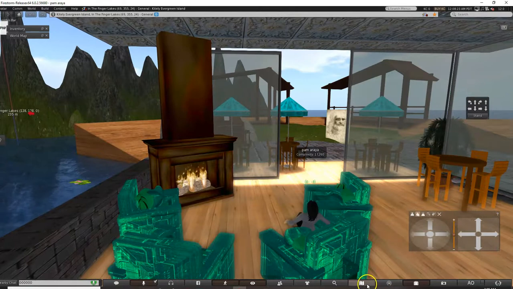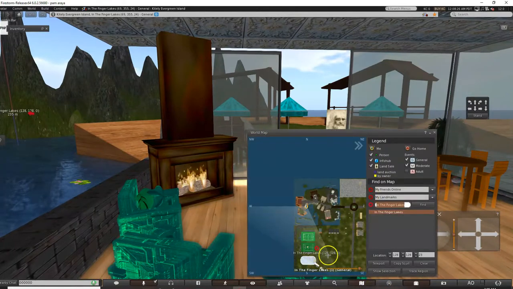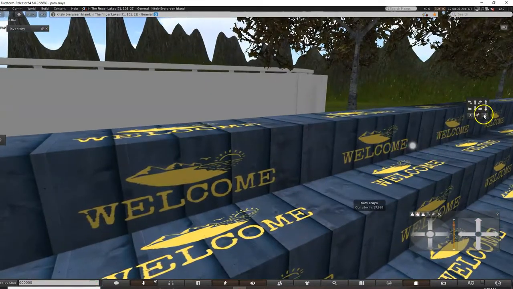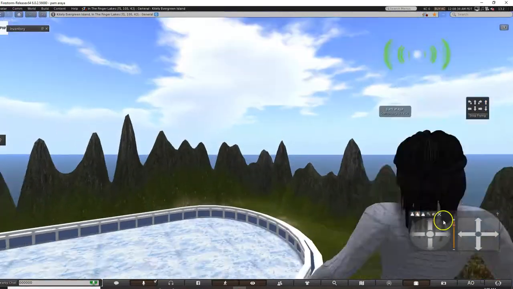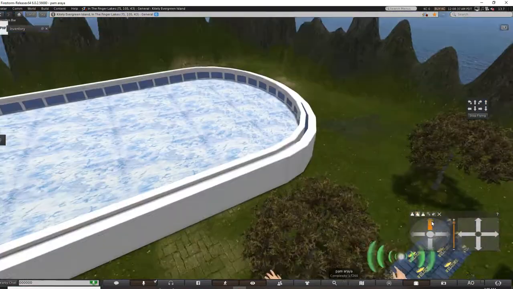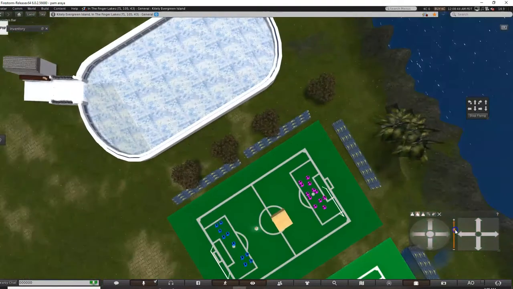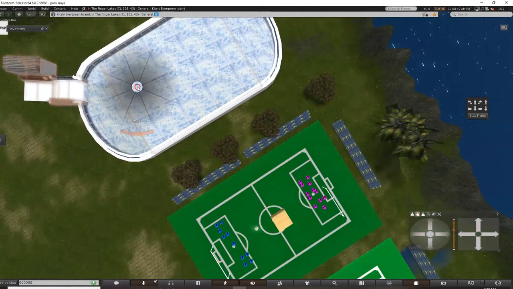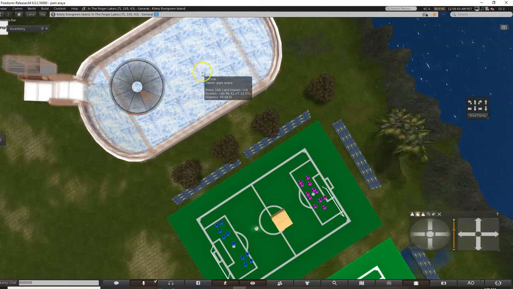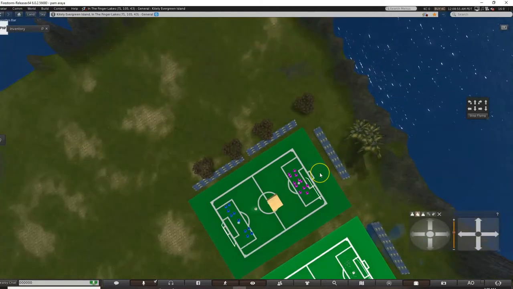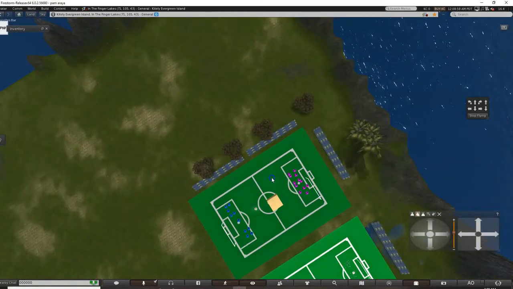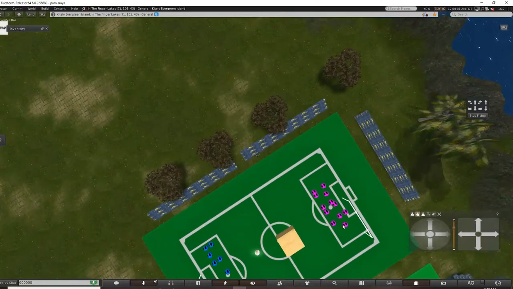But right now, I'm going to show you where I'm going to start creating the graduation venue. And I think I'm going to get rid of my sports complex for now. And I'm going to fly because I feel like I can see things better. I'm going to use this tool here to face down so I can rearrange this in a much easier way. So ice skating rink, I love you, but I don't know if people want to ice skate. I might bring it back. I'm going to leave one soccer field just because I think the soccer balls are a great addition.